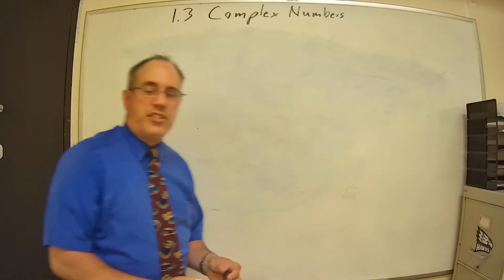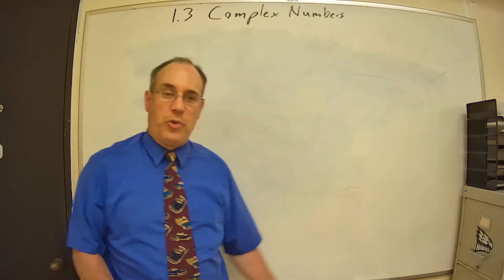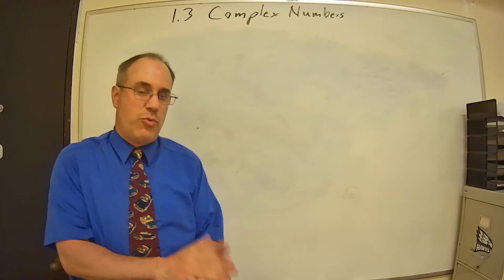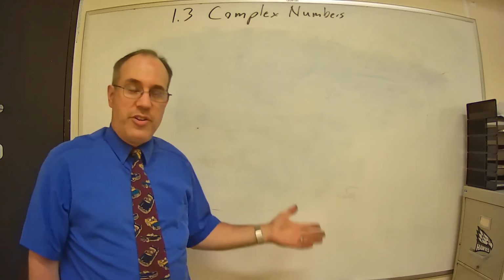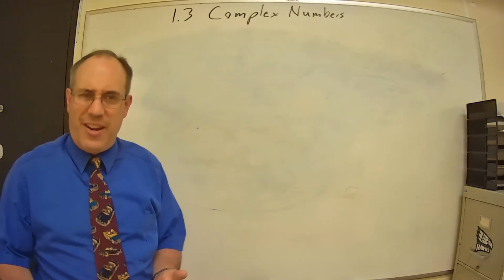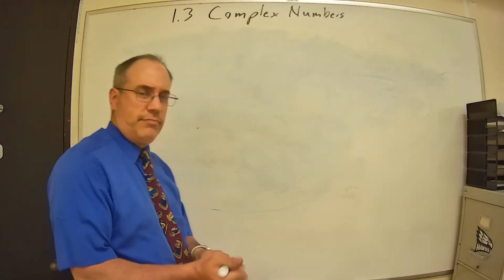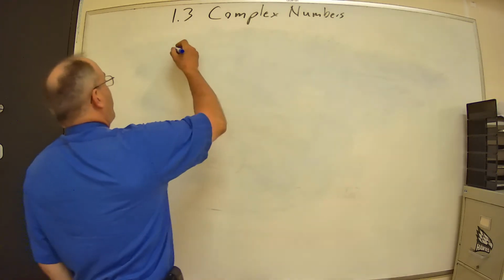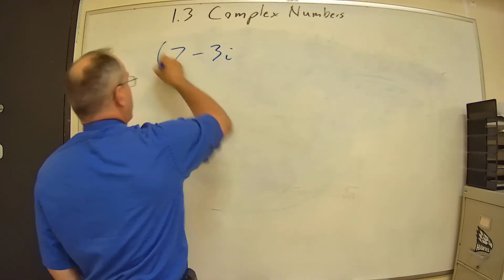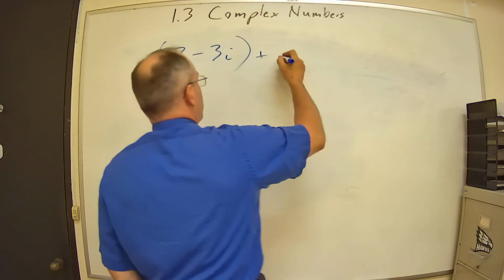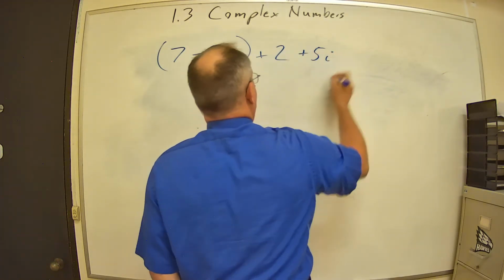In reality, addition and subtraction are much easier than multiplication and division. Multiplication and division, you have to play with all these things. Well, what happens when my i squared is squared? What happens if I've got an imaginary number in the denominator, et cetera, et cetera. But when we're adding or subtracting, not really a problem. So if I have 7 minus 3i plus 2 plus 5i,